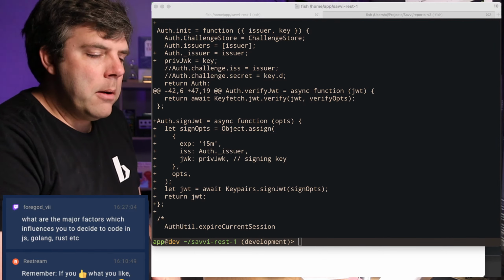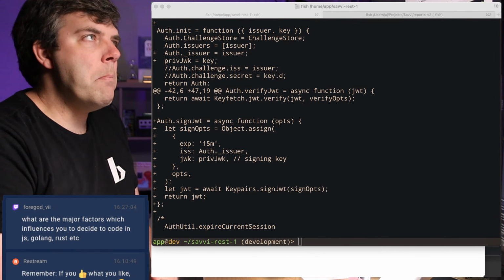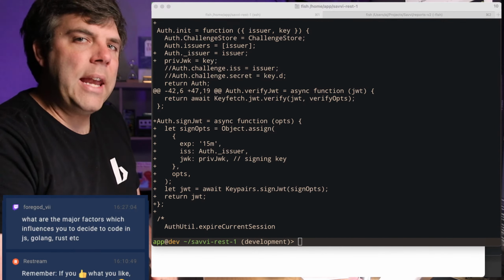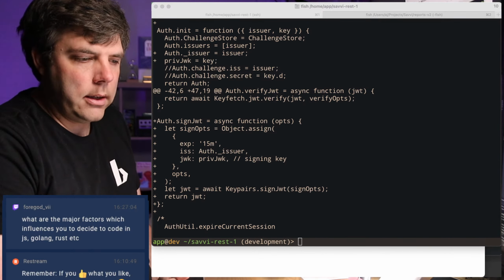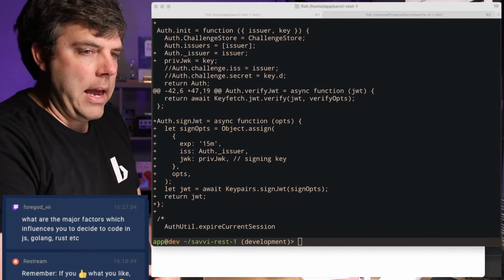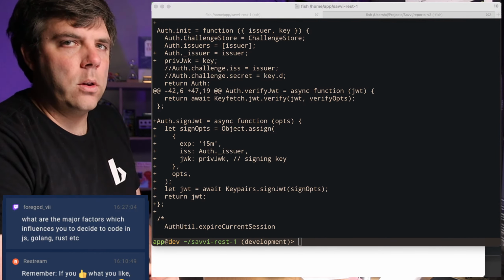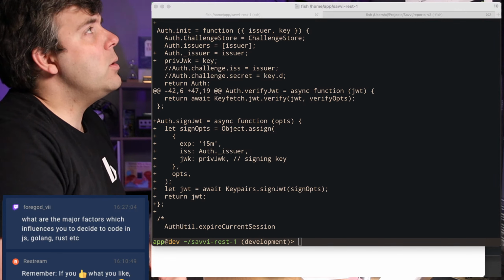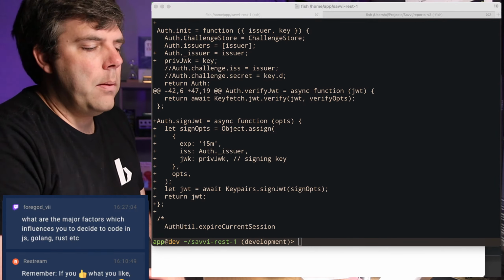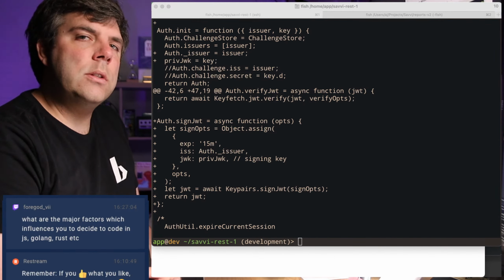Rust would be if you need bare metal performance. Rust is for when you must scale vertically, you can't scale horizontally, or you need particular gains that even if you can scale horizontally, you really, really need the vertical efficiency. So when I say horizontal versus vertical, horizontal means that you can just add more nodes to the network, right?